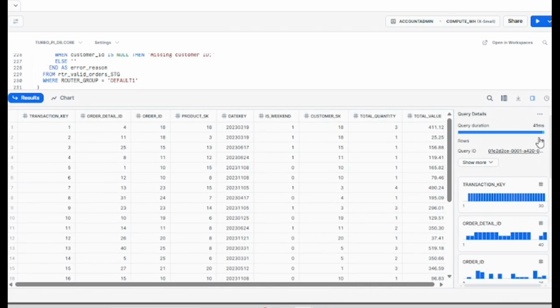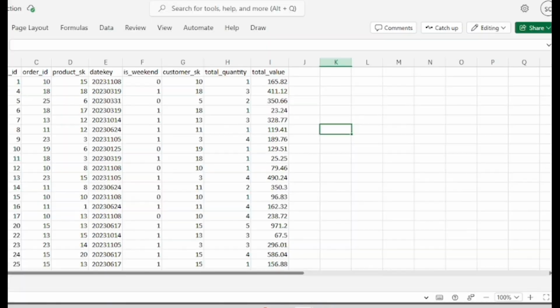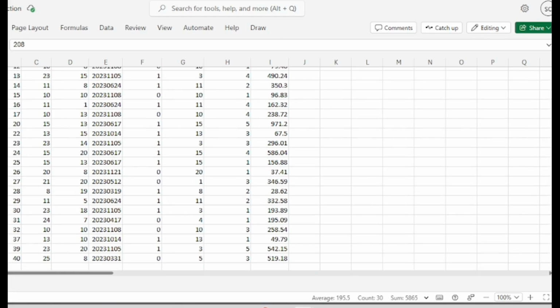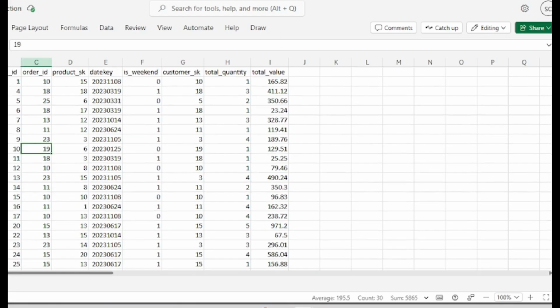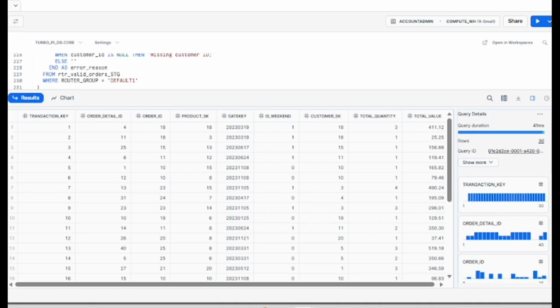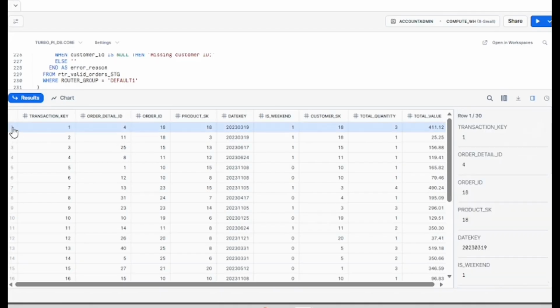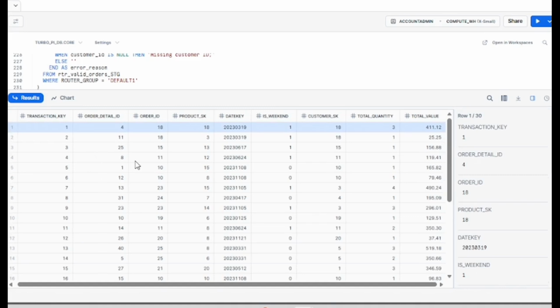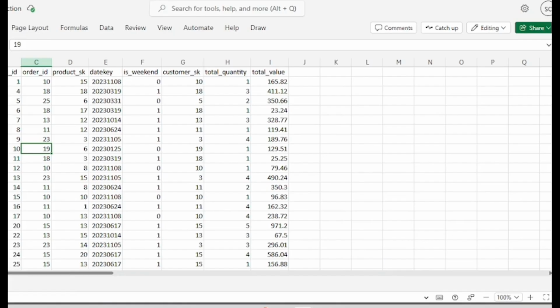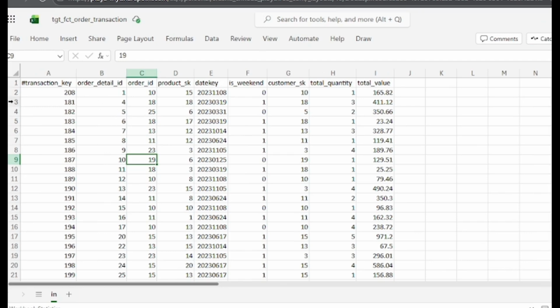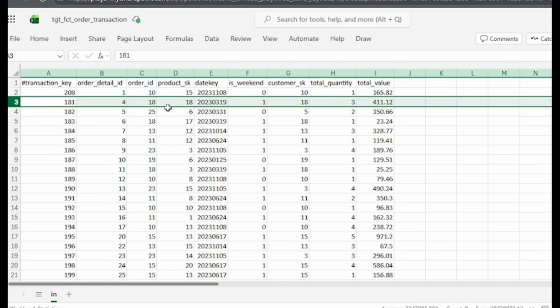As you can see, we have 30 rows generated. Informatica also has 30 rows. Now let's verify one of the order detail IDs. For now, I'm choosing order detail ID 4. As you can see, for order detail ID 4, order ID is 18, product SK is 18. The date key is